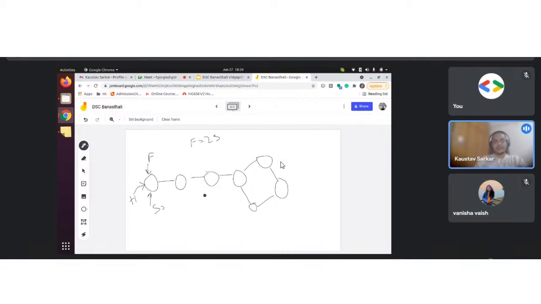Now, when my slow pointer reaches this point, my fast pointer reaches here. Next, my slow pointer is here, my fast pointer is here. Next, my slow pointer is here and my fast pointer also reaches here. So now, since my slow pointer and my fast pointer are at the same location,